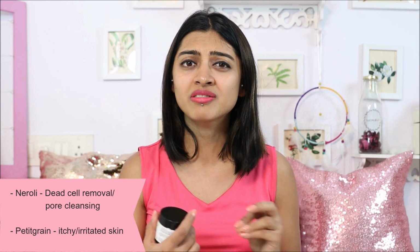Now let's look at the ingredients. Neroli and Petitgrain. I think these are ingredients which are barely ever used, barely ever advertised, which is so sad because they're actually very good ingredients for your skin. Neroli is something which can help clean the skin, deep pore cleansing for dealing with dead skin cells and all of that. And Petitgrain is something which can be used to deal with itchiness, light rashes, redness and things like